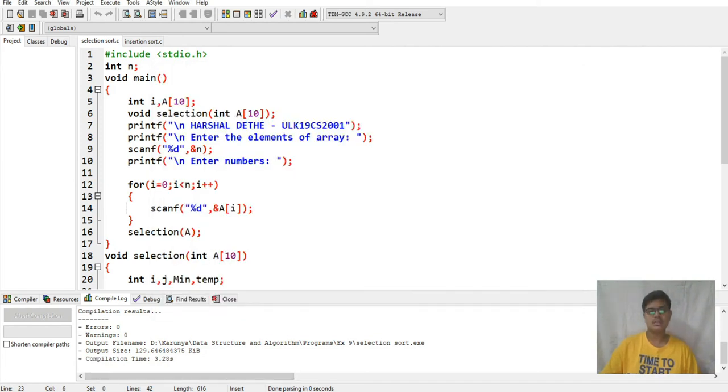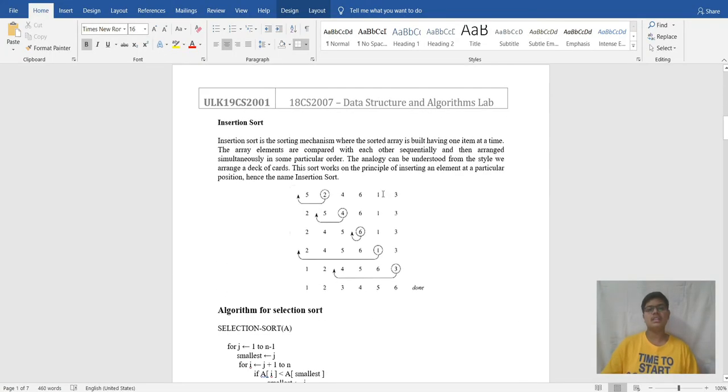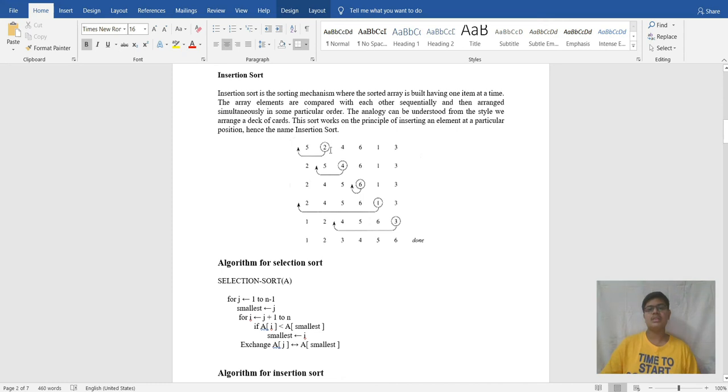Afterwards the insertion sort will come. So here insertion sort, what it will do, it will check the elements from the second position of the list, and it will go backward and check to the zeroth element, and if this element is less, then it will be swapped. Means 5, this is the zeroth position, 0, 1, 2, 3, 4 and 5, means 5 elements are here, and the first pointer will go at 2.